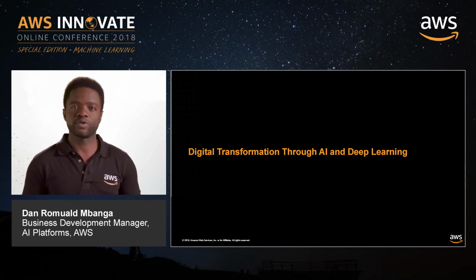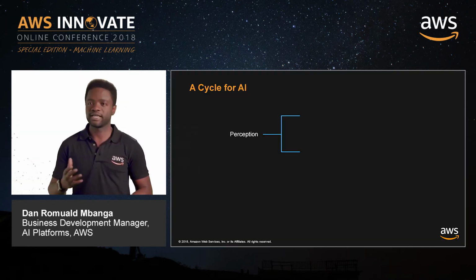Today, we will run through a quick overview of the potential AI brings to digital transformation and how AI platforms enable and accelerate such a transformation. We'll also quickly discuss an organizational model for leaders to build and maintain a data science team. So let's get started. To understand AI better, let's start by reviewing a cycle for AI and how it relates